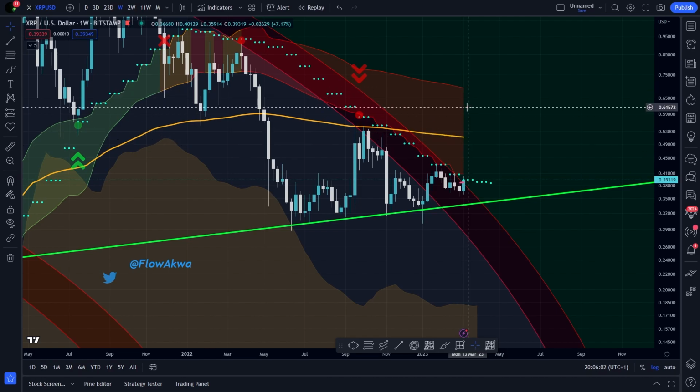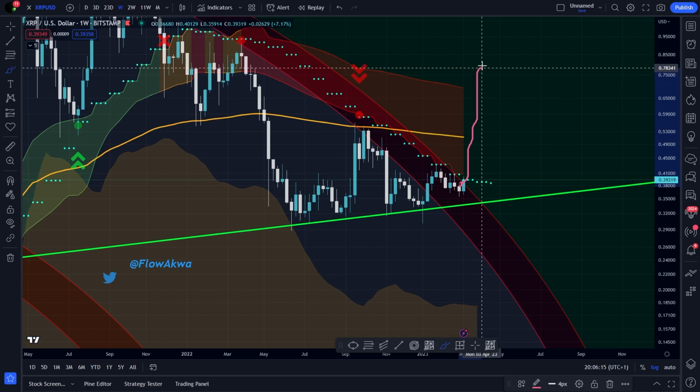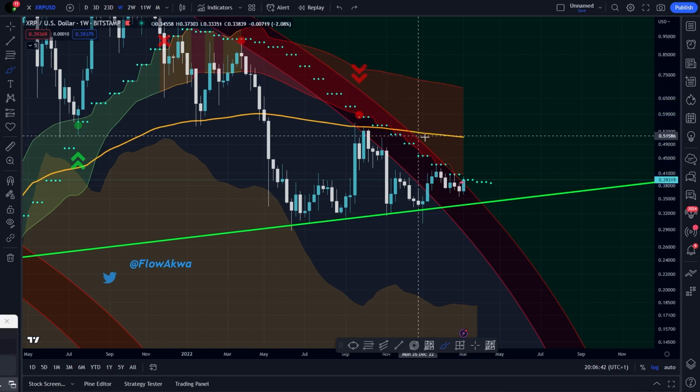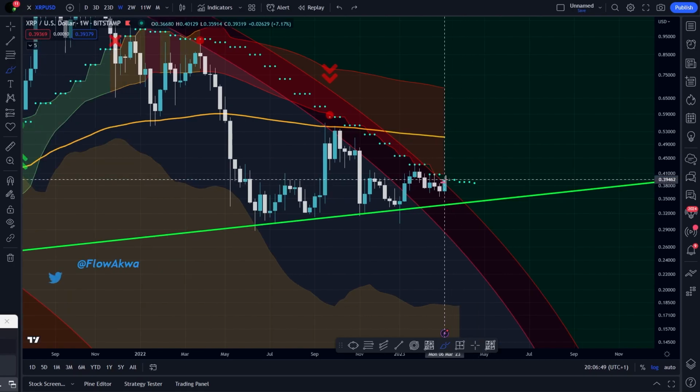To make it official, to be sure that we are in a bull market, we would need to cross, of course, the bear market resistance, as I said, but we would need to cross this entire zone and to use it as a support. So let's be humble. Let's take it step by step, and the first step is to cross the bear market resistance,